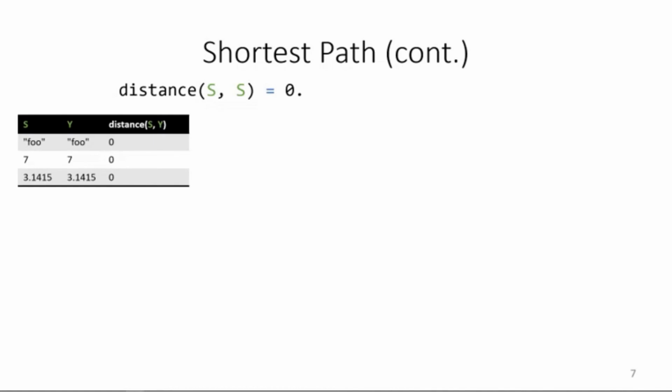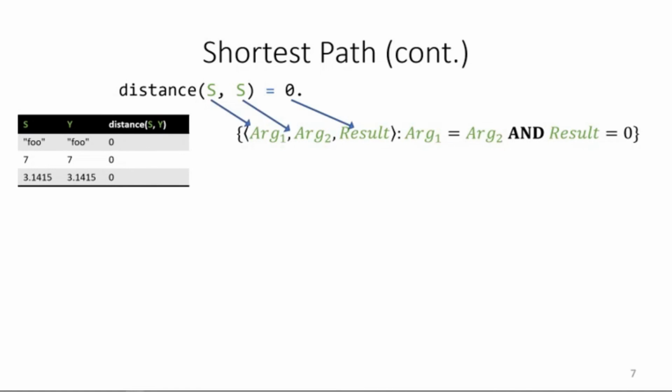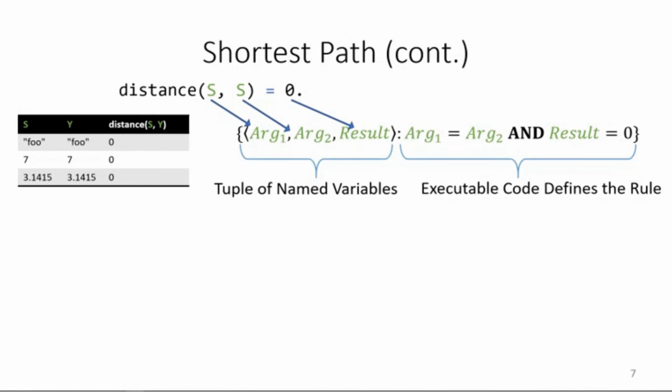So how do we represent this program such as shortest path? Here we have the base case for the shortest path, which is used anytime both arguments are equal to each other. We can represent this expression as a bag, where the arguments in the resulting variable have been mapped to this tuple of named variables, and we have the body of this rule represented as a bit of executable code. Note, I am temporarily ignoring the aggregator in this rule, but I'll bring it back shortly.